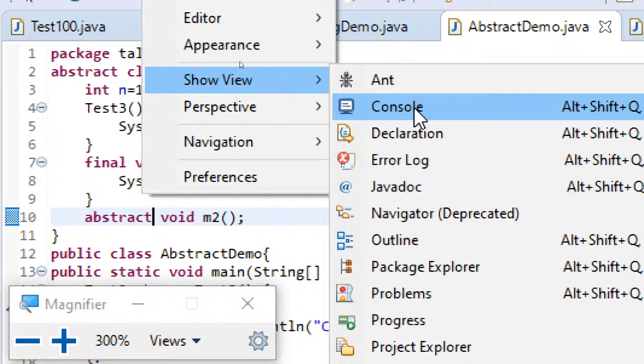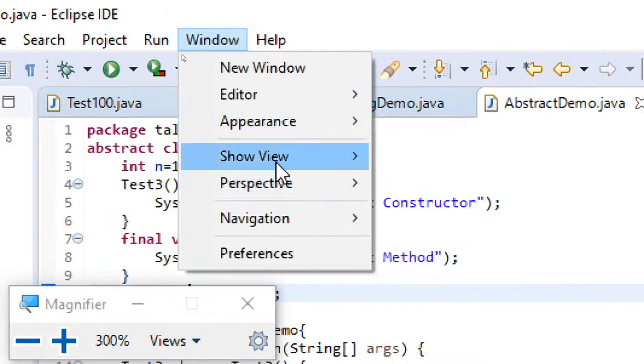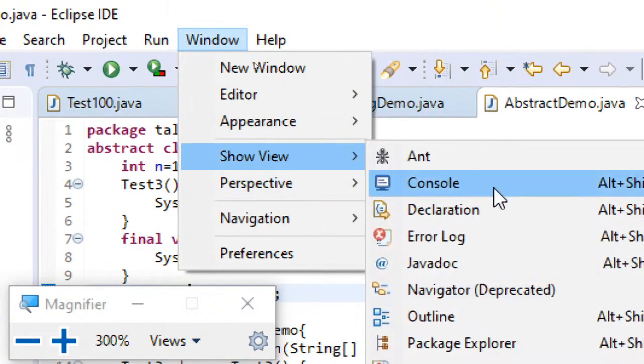If the window is not being shown to you, even though you are right clicking, going to Run As, and clicking on Java Application, in some of your machines you will not be able to see any output. At that time, go to Window, Show View, and click Console. Automatically you can see that window there. So this is one thing.